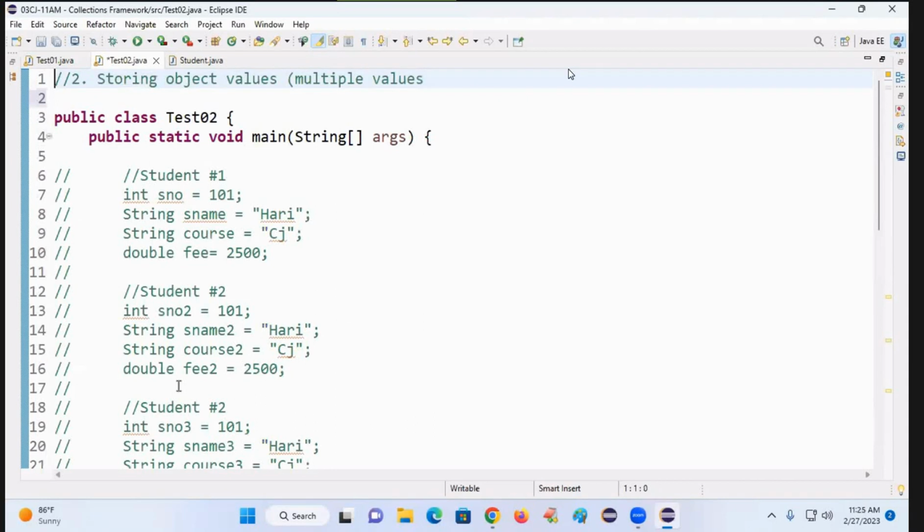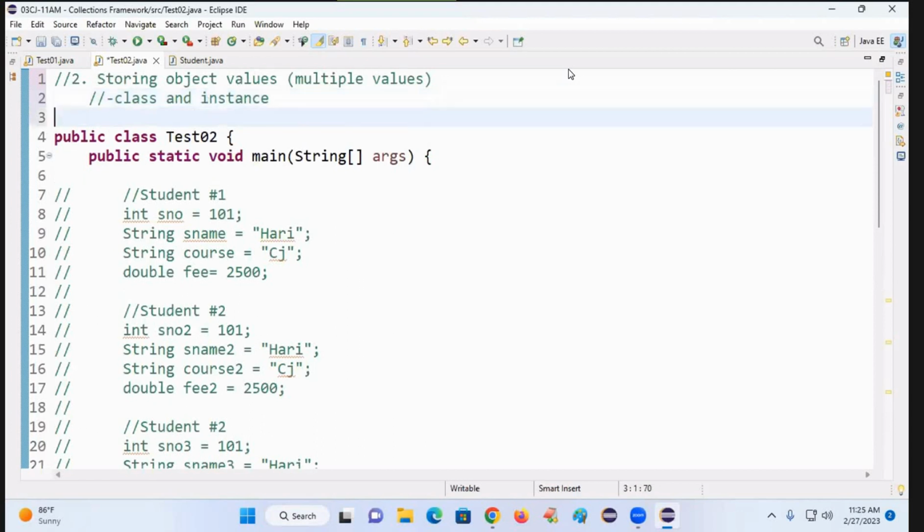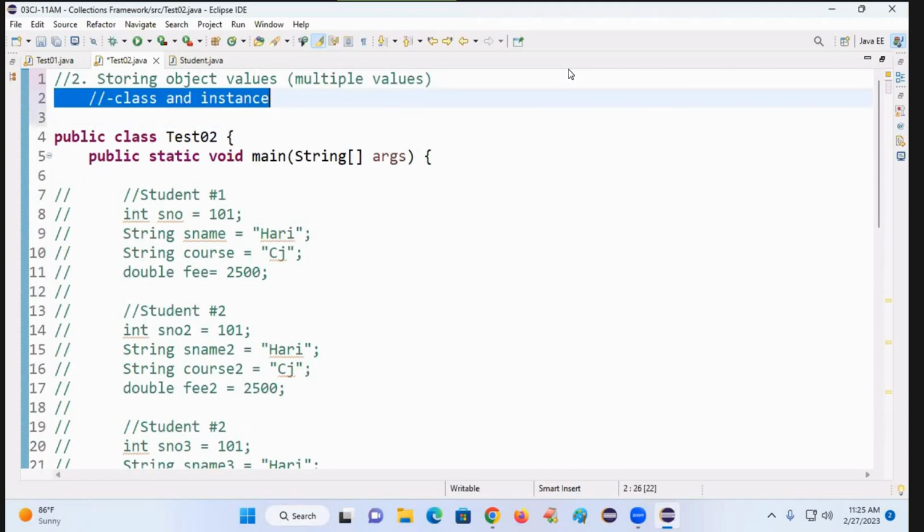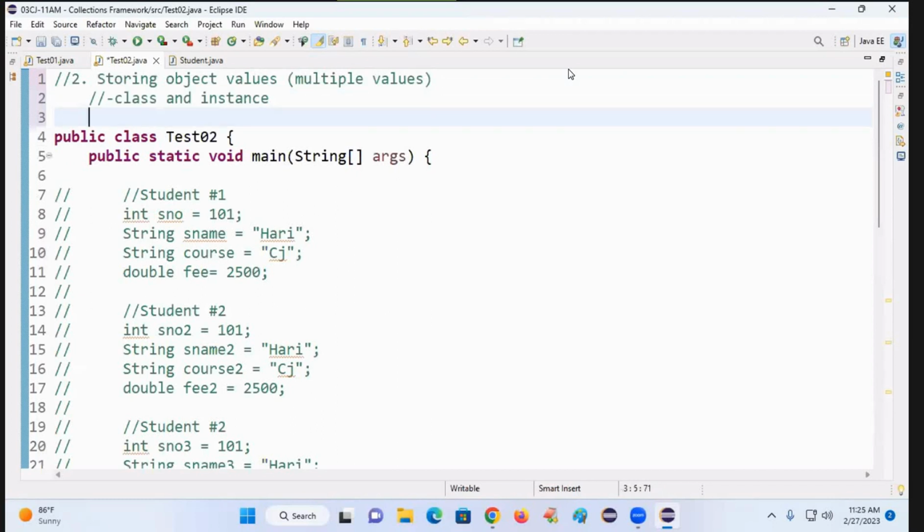Storing object values means storing multiple values of an object. For that, I have to use what? Class and object, or class and instance, I can say. If I use class and instance, then I can store multiple values. But here, we still have one more problem. What is that? A class can store